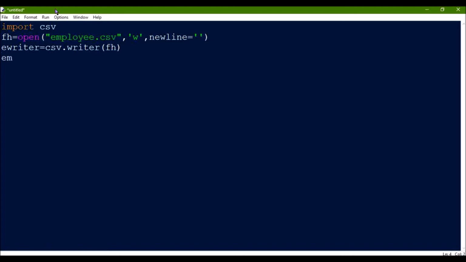Now we will enter the multiple rows, so we will create a list of lists, that is emp_data is equal to the header row. First, suppose we want emp number, then the name, then the designation, then the salary.